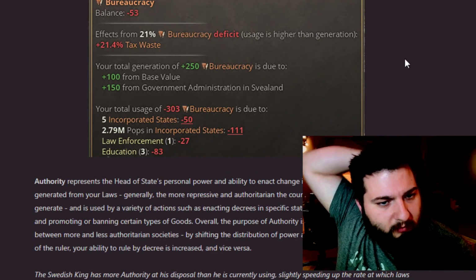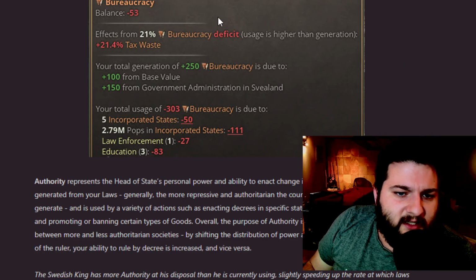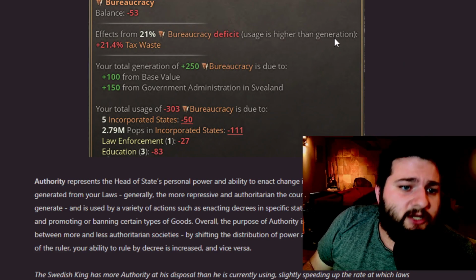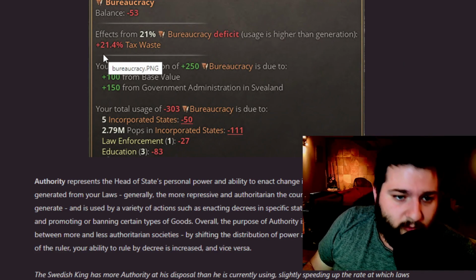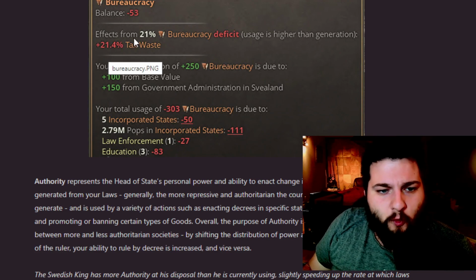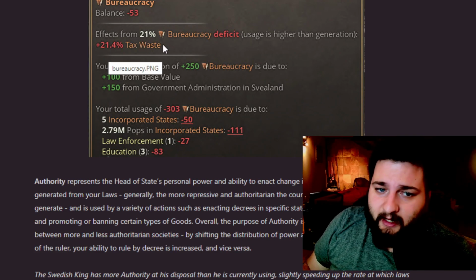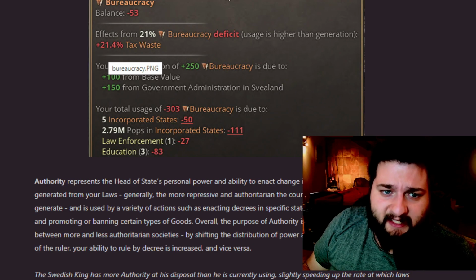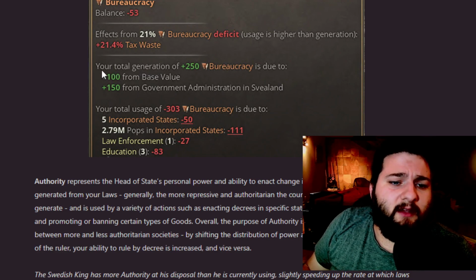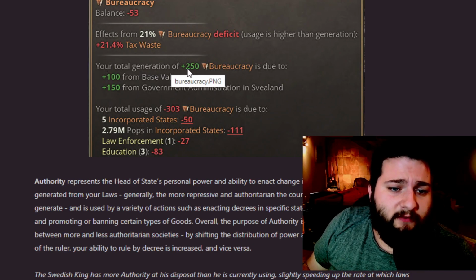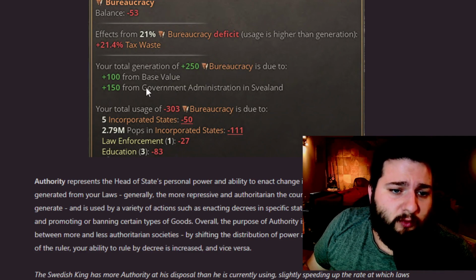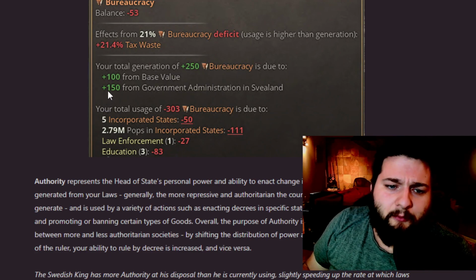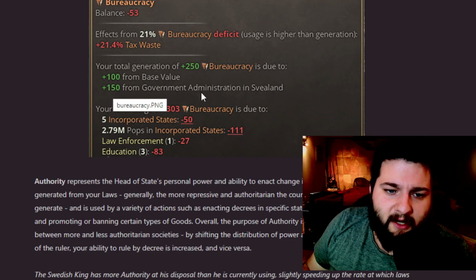Effects from 21% of bureaucracy deficit. Usage is higher than generation. Oh, so you're losing 21.4% of the tax. That is a massive amount of loss. Your total generation of 250 bureaucracy is due to 100 from base value and 150 from the government administration and